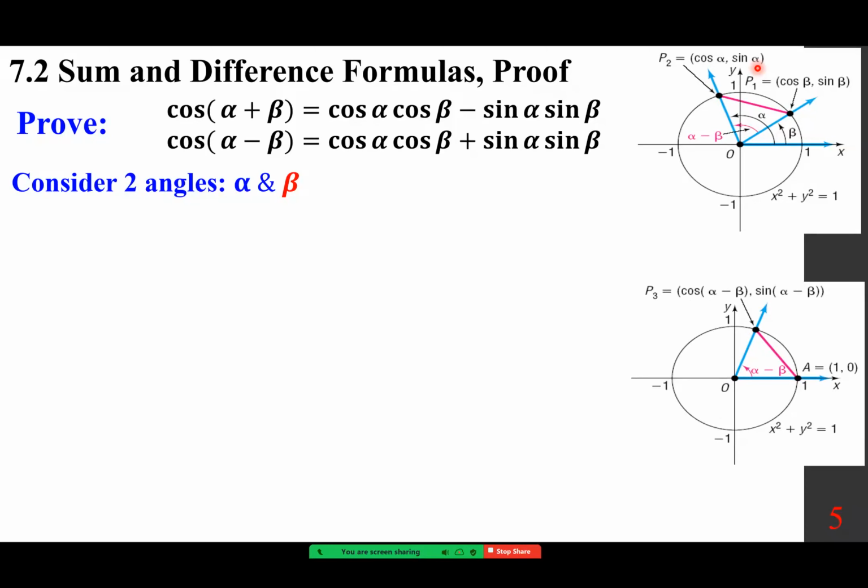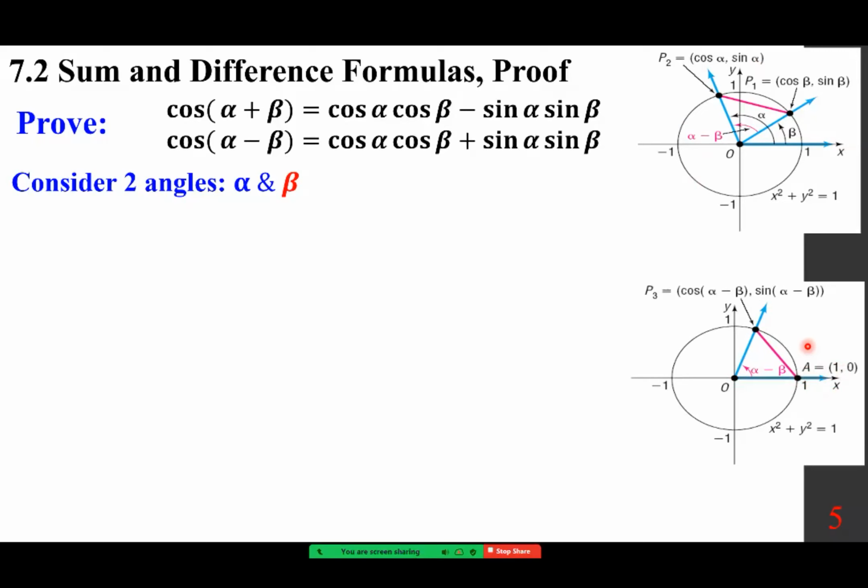If we choose alpha minus beta such that its initial side is along the x-axis, so that its initial side at this point has coordinates 1, 0,